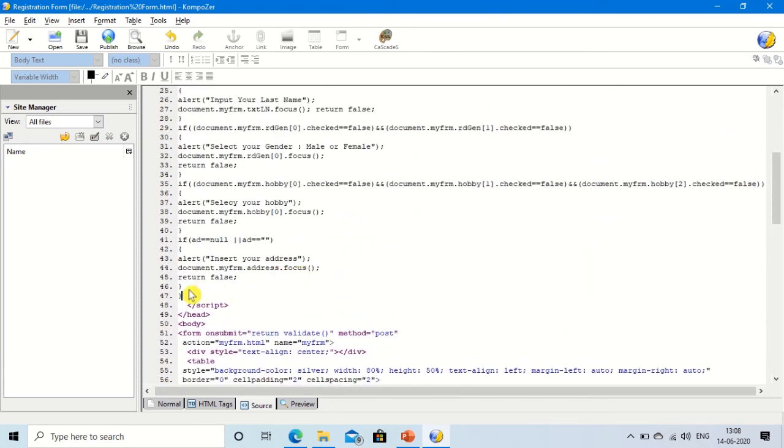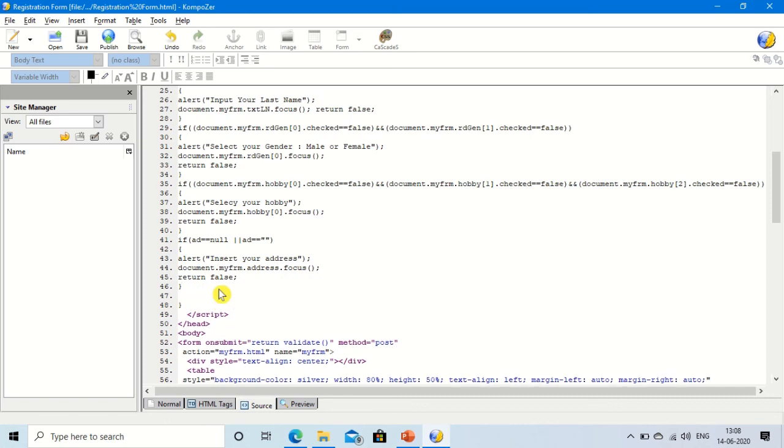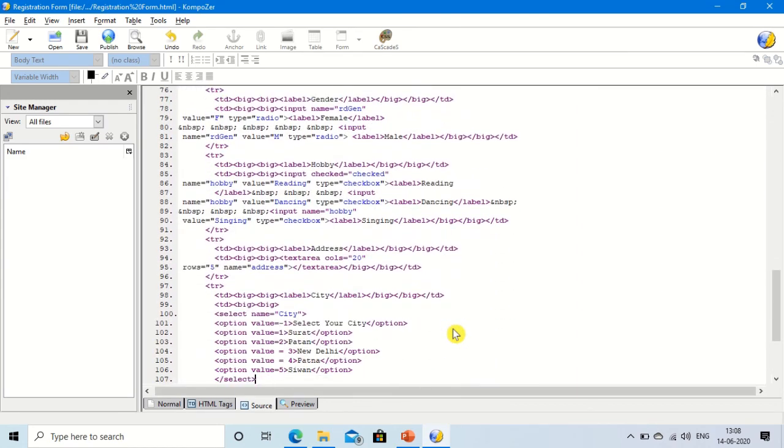And here you add one more block of if document dot myfrm, that is the name of the form, dot the name of this drop down list. Let's see what is the name.